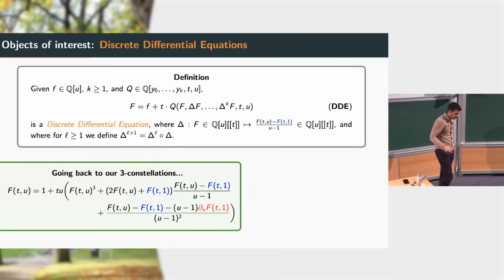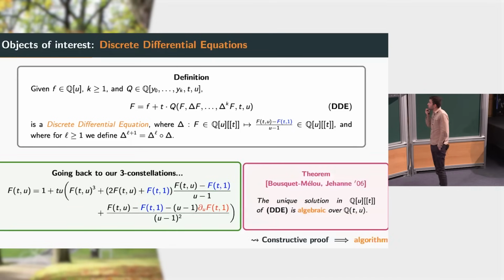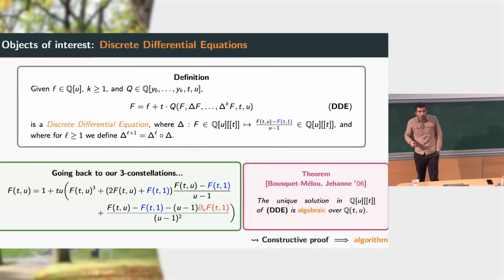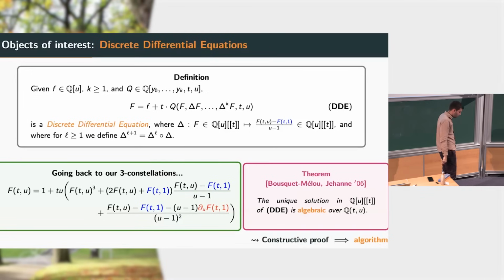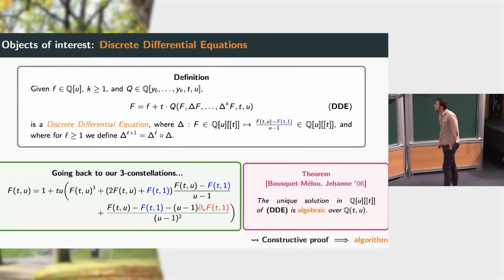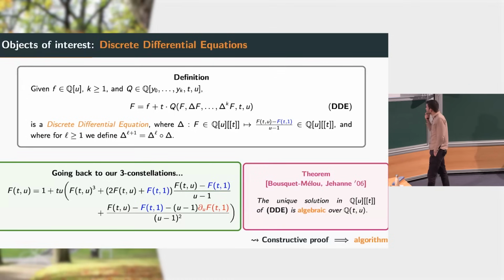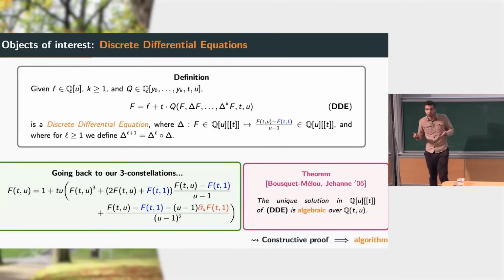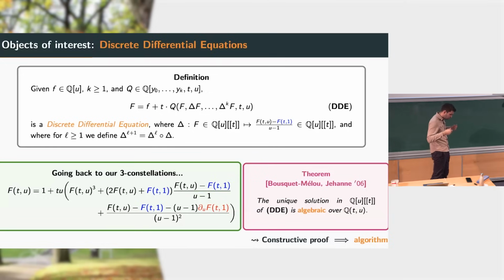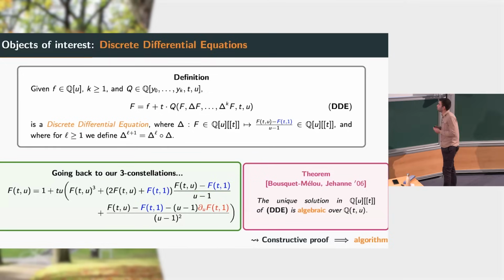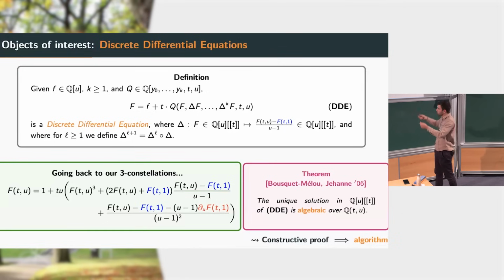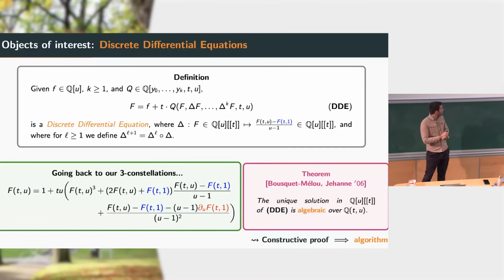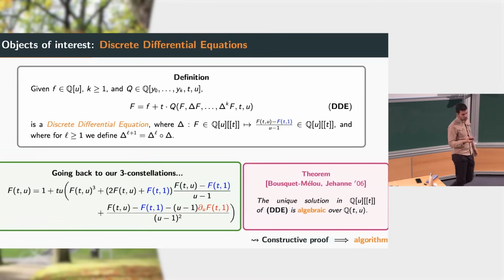And so what about the classification of the solutions? Well, we have a beautiful theorem due to Mireille Bousquet-Mélou and Hadrien Jehanne in 2006 that implies the algebraicity of the solutions of such equations. And the striking part of their result is that the proof is constructive, which means that you have your equation, it's your input, you start their proof with your inputs, you follow all the lines, and in the end you have a non-zero annihilating polynomial. And this is very nice because it yields a first algorithm,